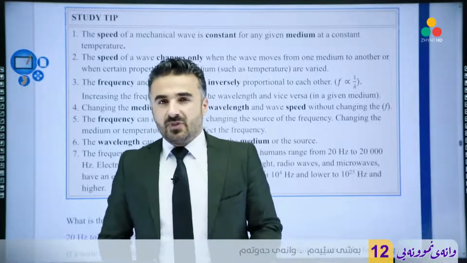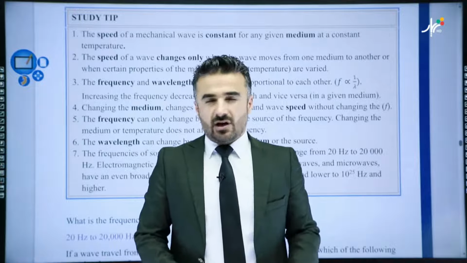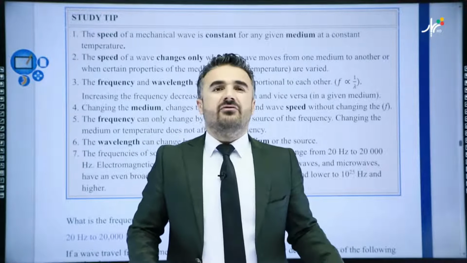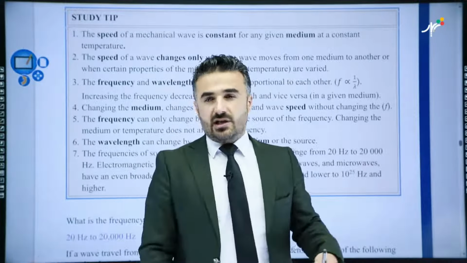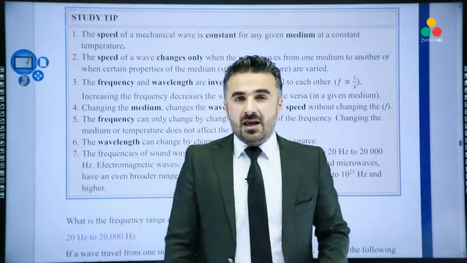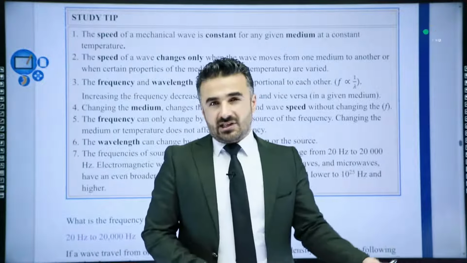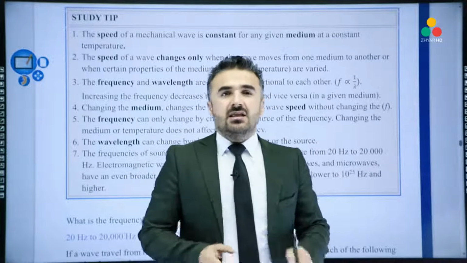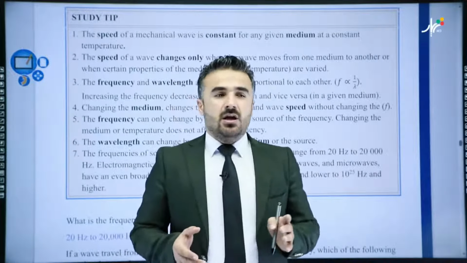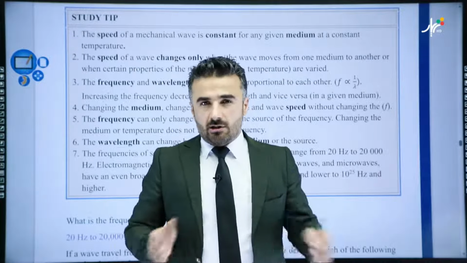Or let's say there is a music festival, and they are playing different musical instruments. Maybe there's a piano, maybe there's a guitar, maybe there's a flute or whatever, yeah? Each one of these instruments would have a different frequency, yeah? But you will hear them all at once. Why? That is because mechanical waves have the same speed in the same medium,